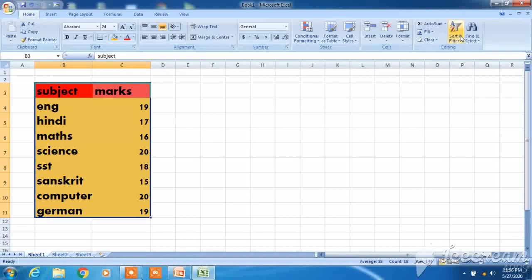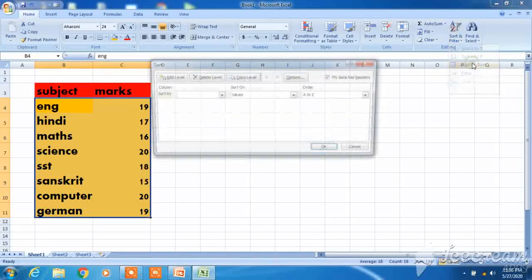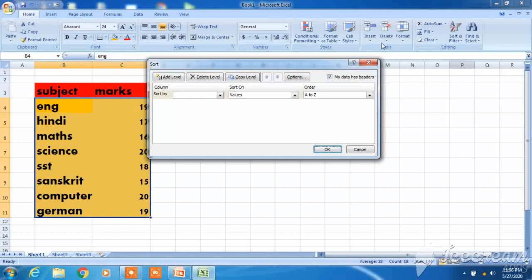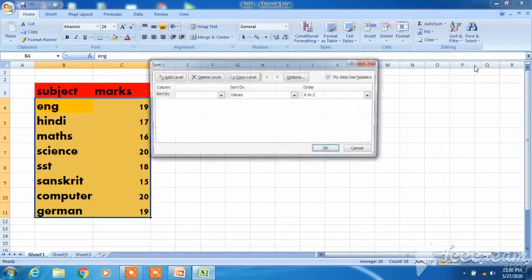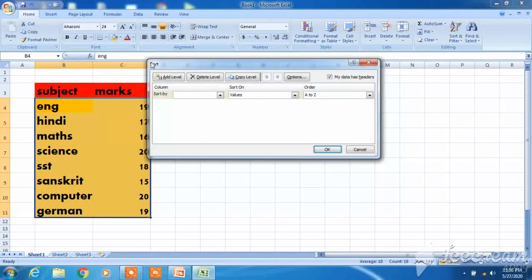Go to the home tab, filter and sort, and select custom sort. Then this dialog box will open up.